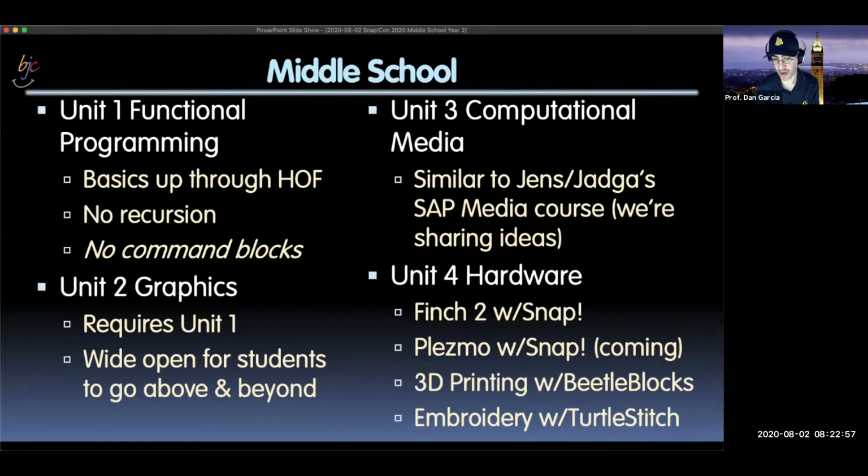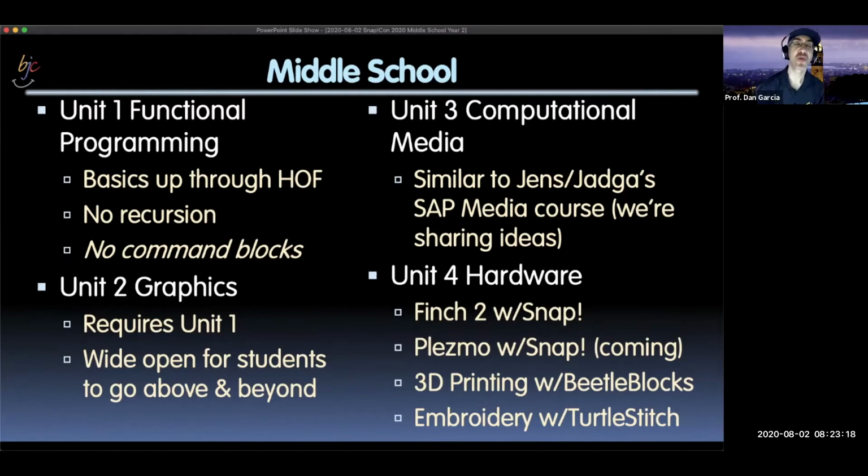You don't have to do the hardware unit if you don't want to, but you can. And by the way, the other part of this hardware unit is, for all these things, everything is free. The whole thing, just FYI, everything's always been free. We're never charging a dime for anything. The hardware unit obviously costs some money to invest in, not to me, but you pay to the manufacturers of these systems.